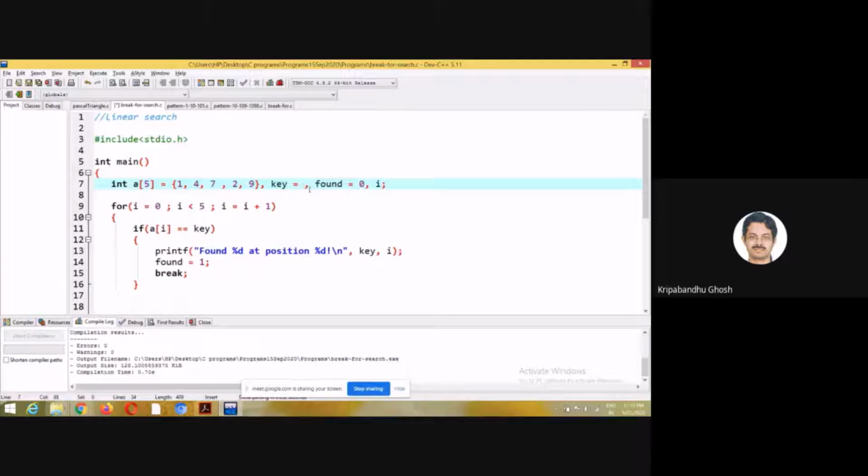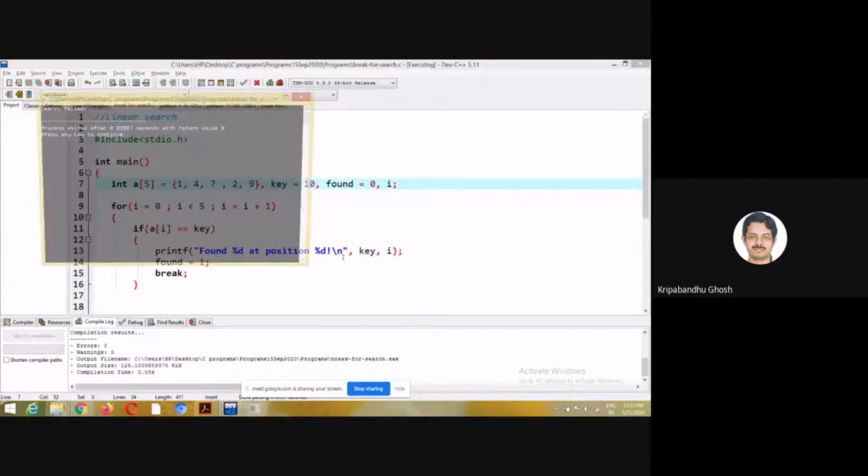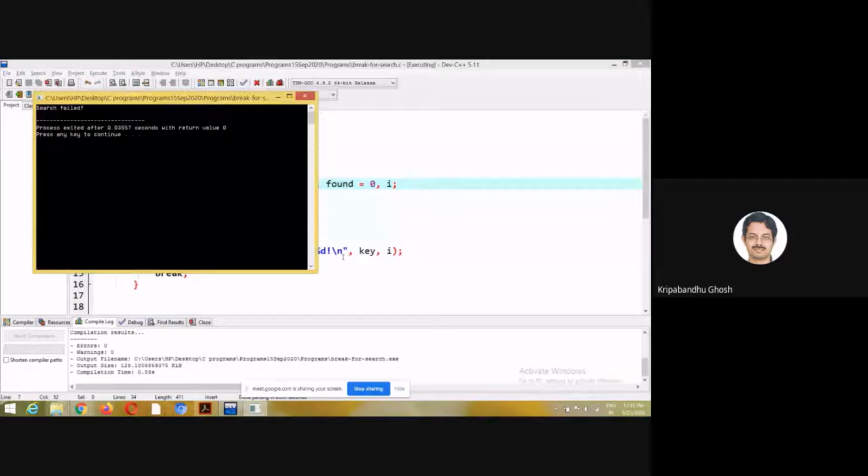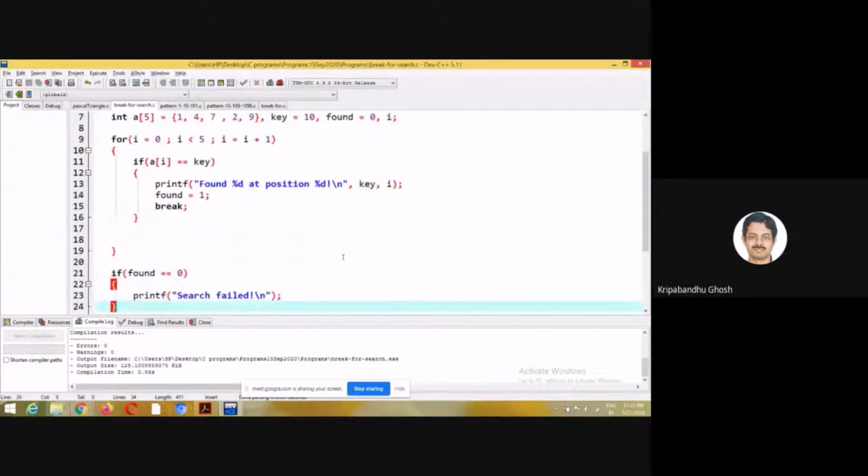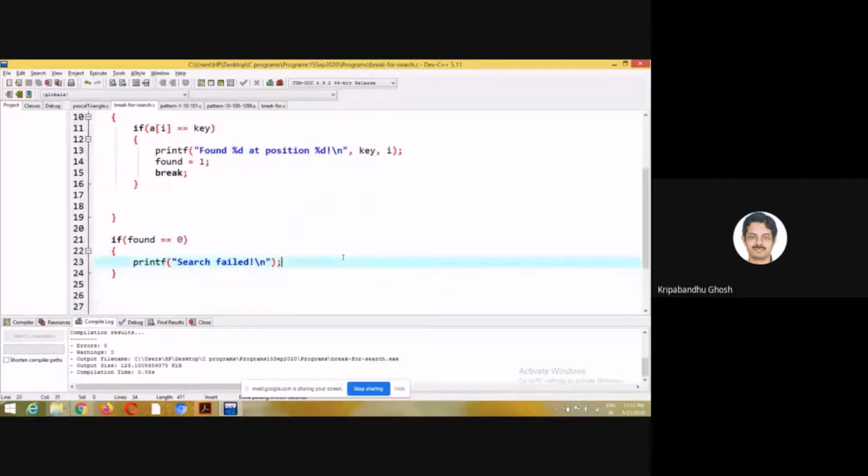Maybe 10. Then this condition will never be true, and found will stay at 0 for the whole of the program. Then it will print search failed because there is a check here.